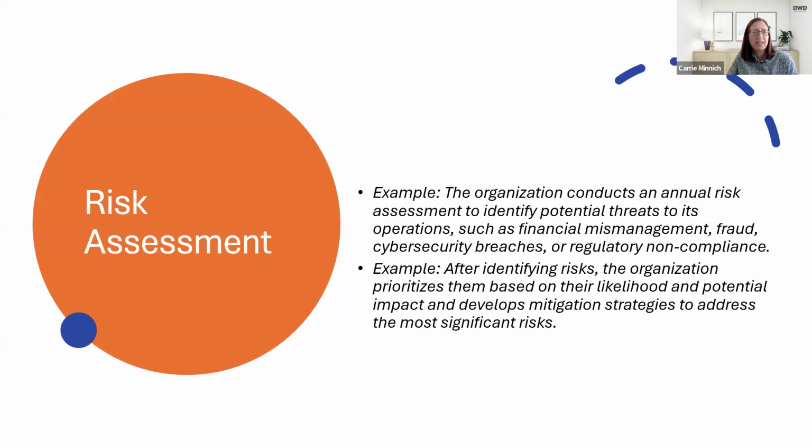Maybe not in Indiana, but in other places, maybe Florida or California, there's the risk of a natural disaster. But what about the risks associated with your funding? If you receive a huge amount of funding from one specific source or from a government entity, what is the risk that that goes away?